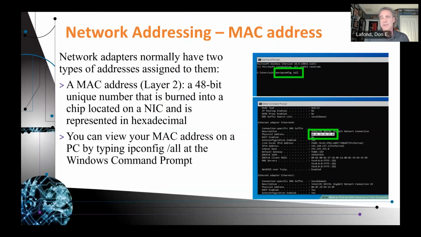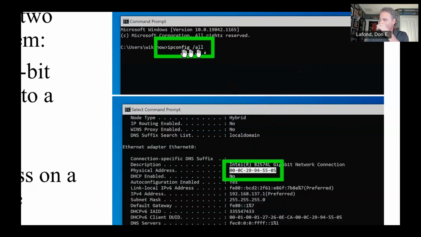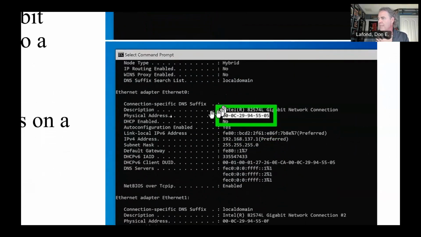You can view your MAC address by typing ipconfig /all at the Windows command prompt, and it shows you your MAC address, your physical address, the burned-in address of your Ethernet adapter, your NIC card. And this one was built by Intel. I won't go into breaking it up, but I will say the first part, the first 6 hextets, the first 6 are the